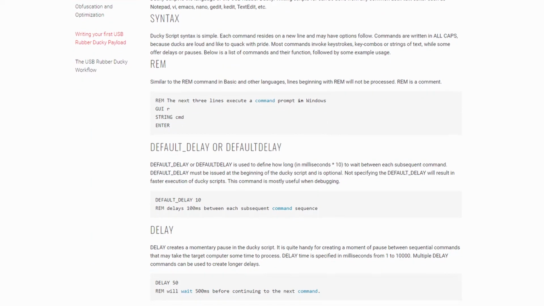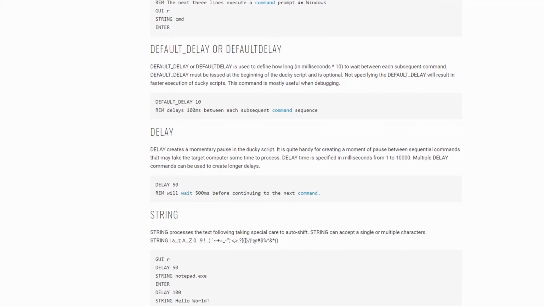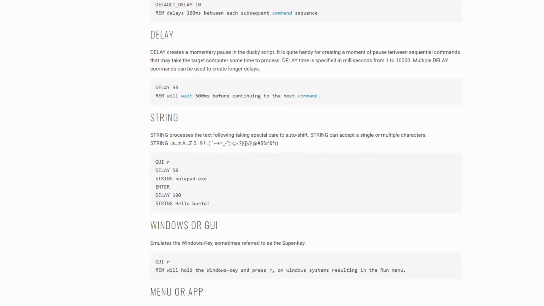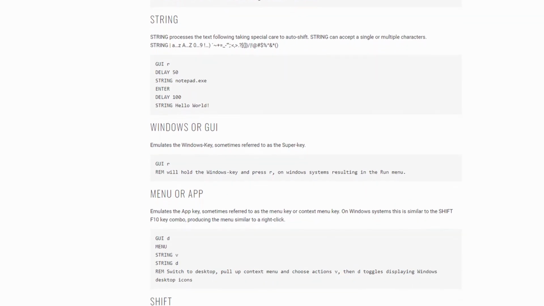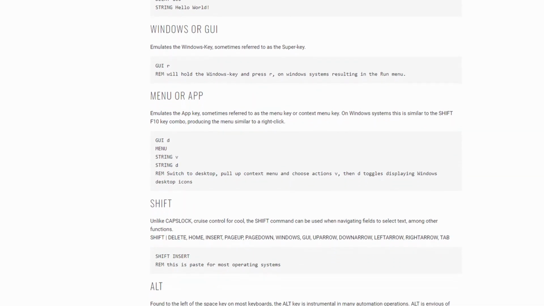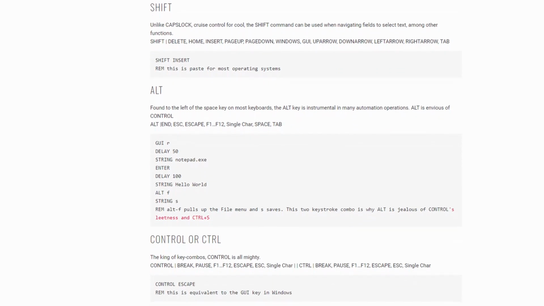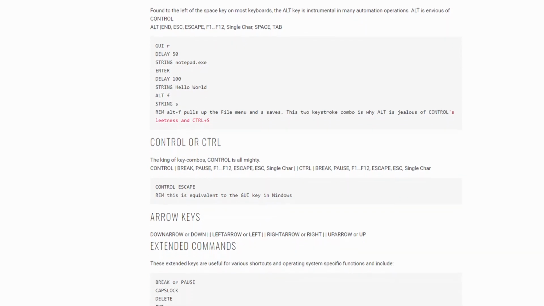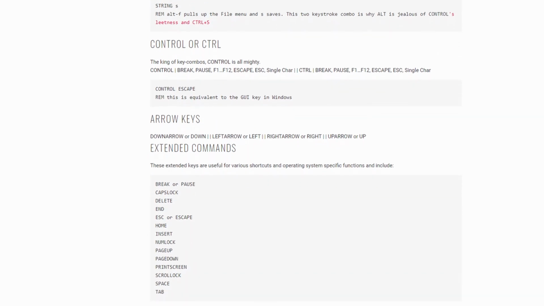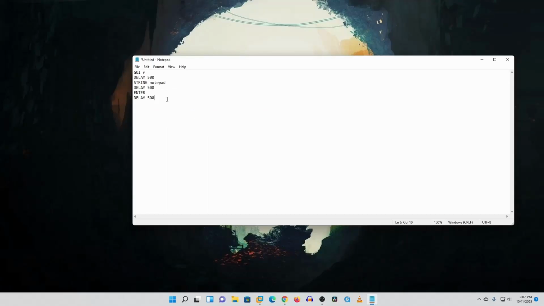There are many more easy and simple syntaxes to write this Ducky code. I'll put some resources and links in the video description, and from there you can get all of the syntax, and also some description about all of it, so that you can easily learn the Ducky script syntax and write your own code. So basically this is how you can easily create a Ducky script or Ducky program using this Ducky coding language.